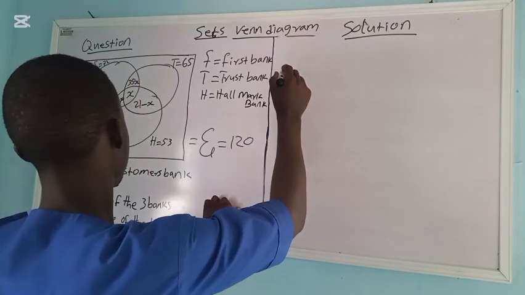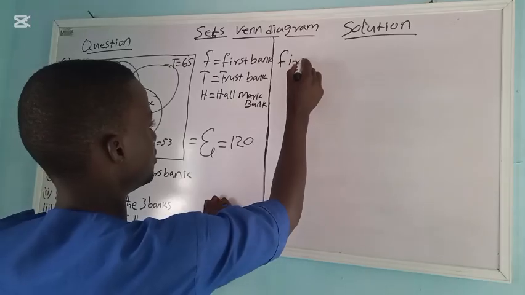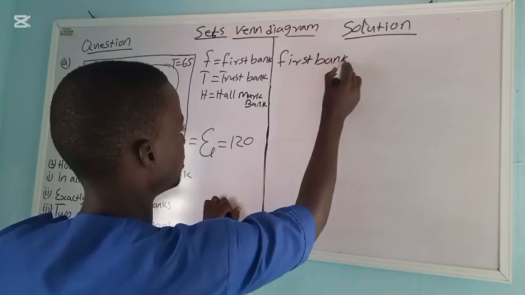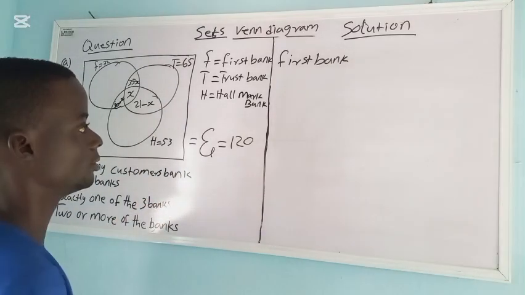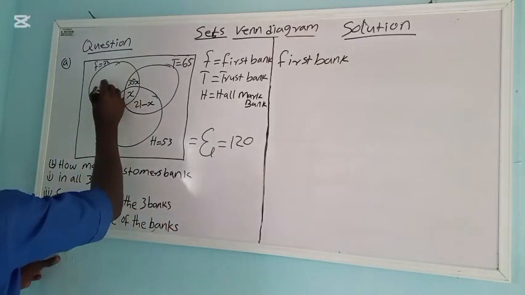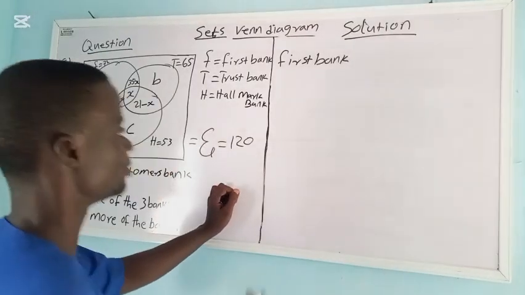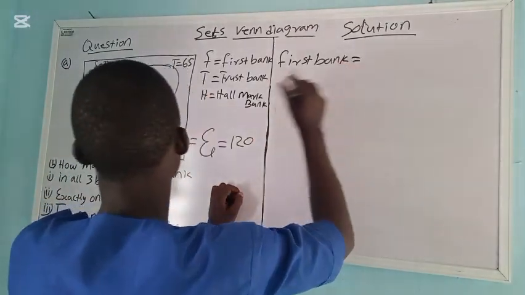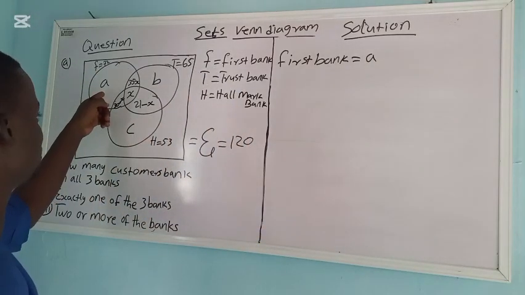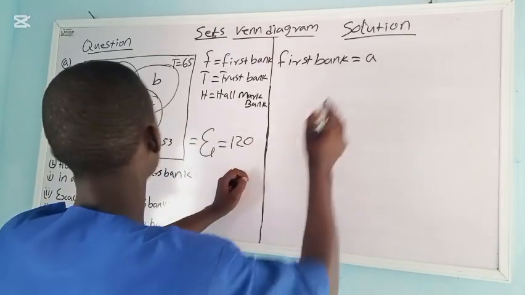Let's say now we start with the first bank. In this method, let's label it: this one is A, this one is B, and this one is C. So for the first bank, we say it equals A, which is this one, and then we put